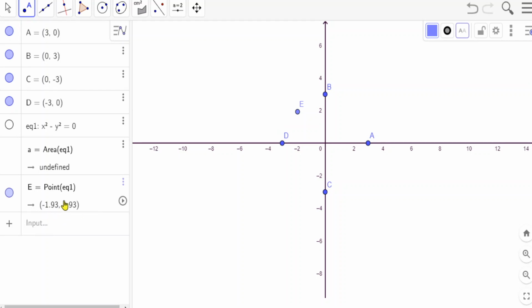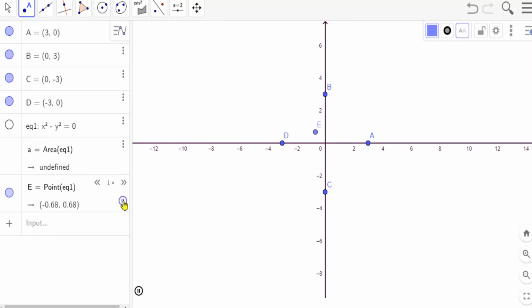If it is moved, what is the distance? The x value here is minus 1.93. Here the x value is 1.93. Both are the same or not? For distance, don't consider the negative and positive sign. If it is in the first quadrant, the signs are plus plus. If the point is here, minus plus. If the point is here, minus minus. If the point is here, plus minus.